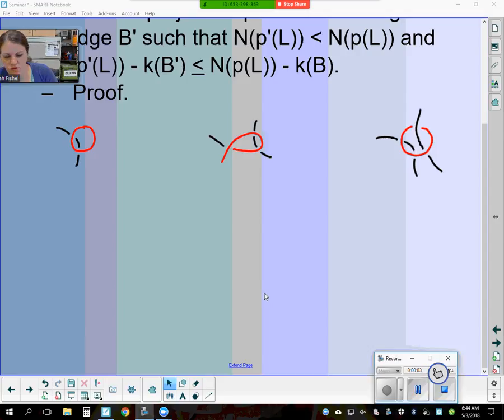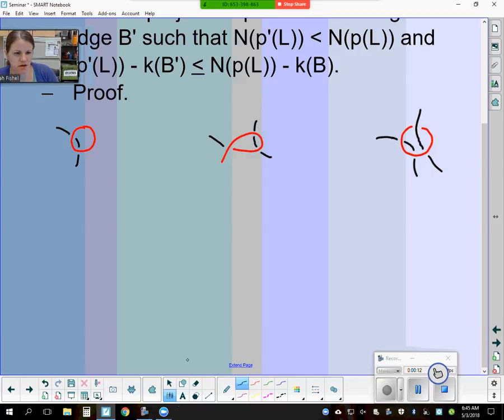Okay, so now we are on to our second case of our improper bridge. So we are dealing with the second picture there. Let C be a crossing where B terminates and C overpasses. So that would be right here, this crossing here. Let U be then the loop from C to C. So we're talking about